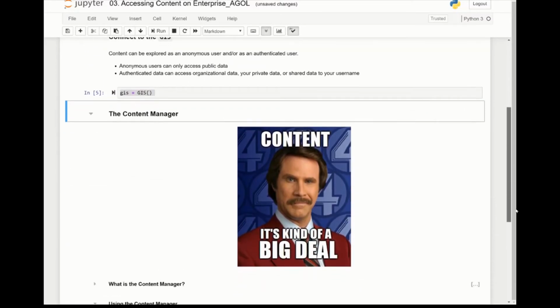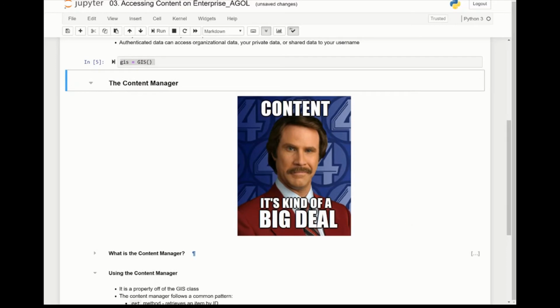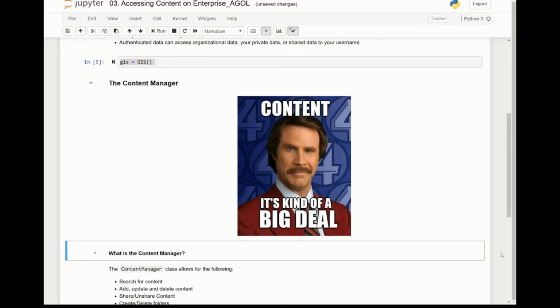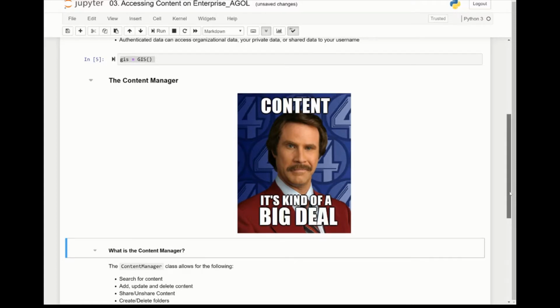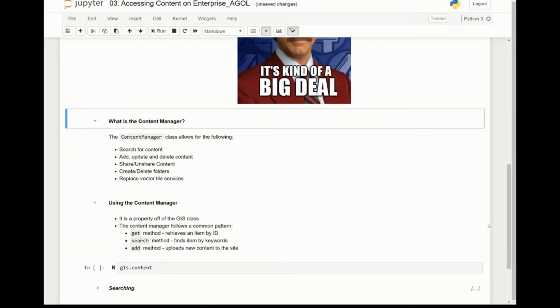So we're going to focus on the content manager. And content is actually kind of a big deal. It allows you to get stuff done, it allows you to do mapping, and it allows you to do analysis. So what does the content manager do for us? The content manager is going to allow us to search for content. If you're authenticated, you can add, update, and delete content. You can share it out. You can create and delete folders. If you're working with vector tiles and you want to basically hot swap the URL endpoints, you can do that